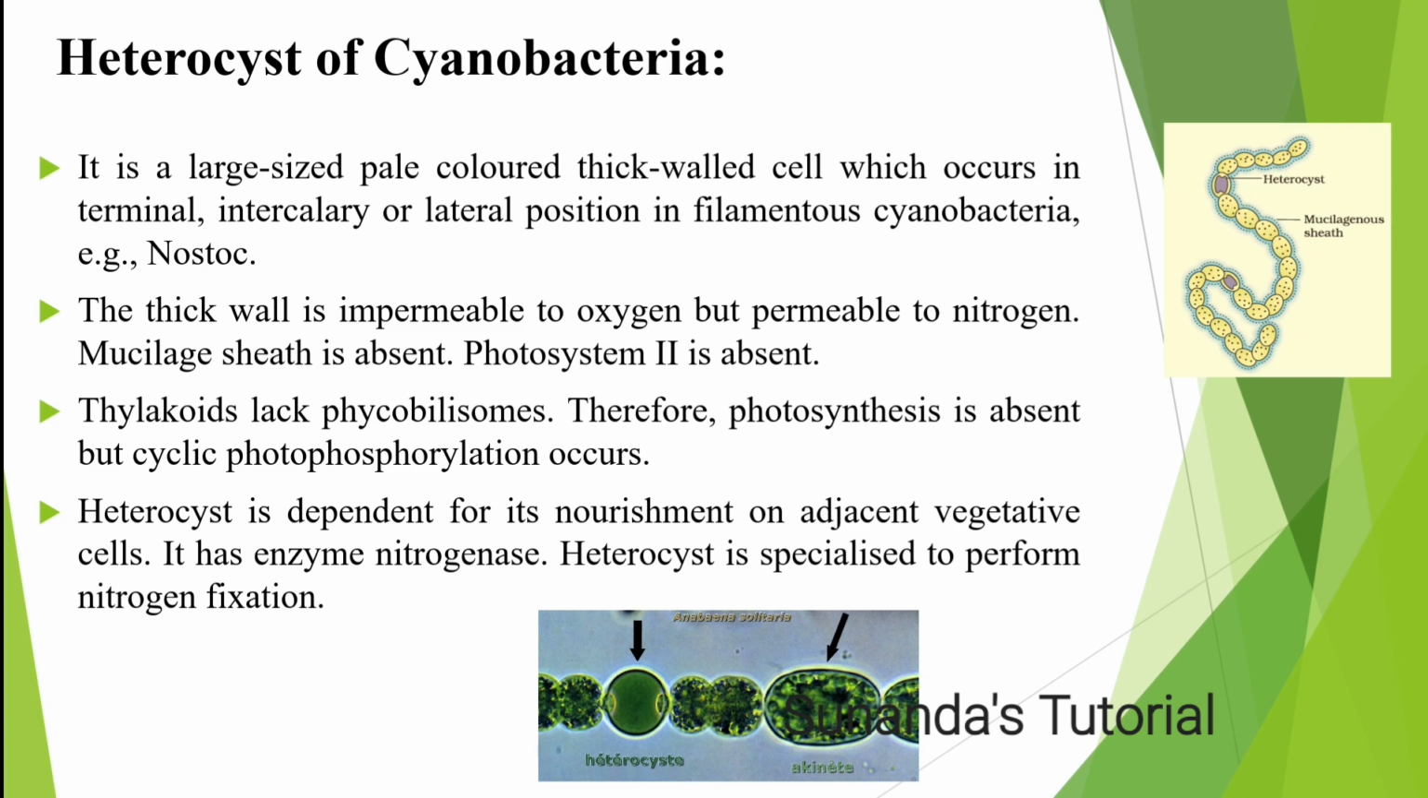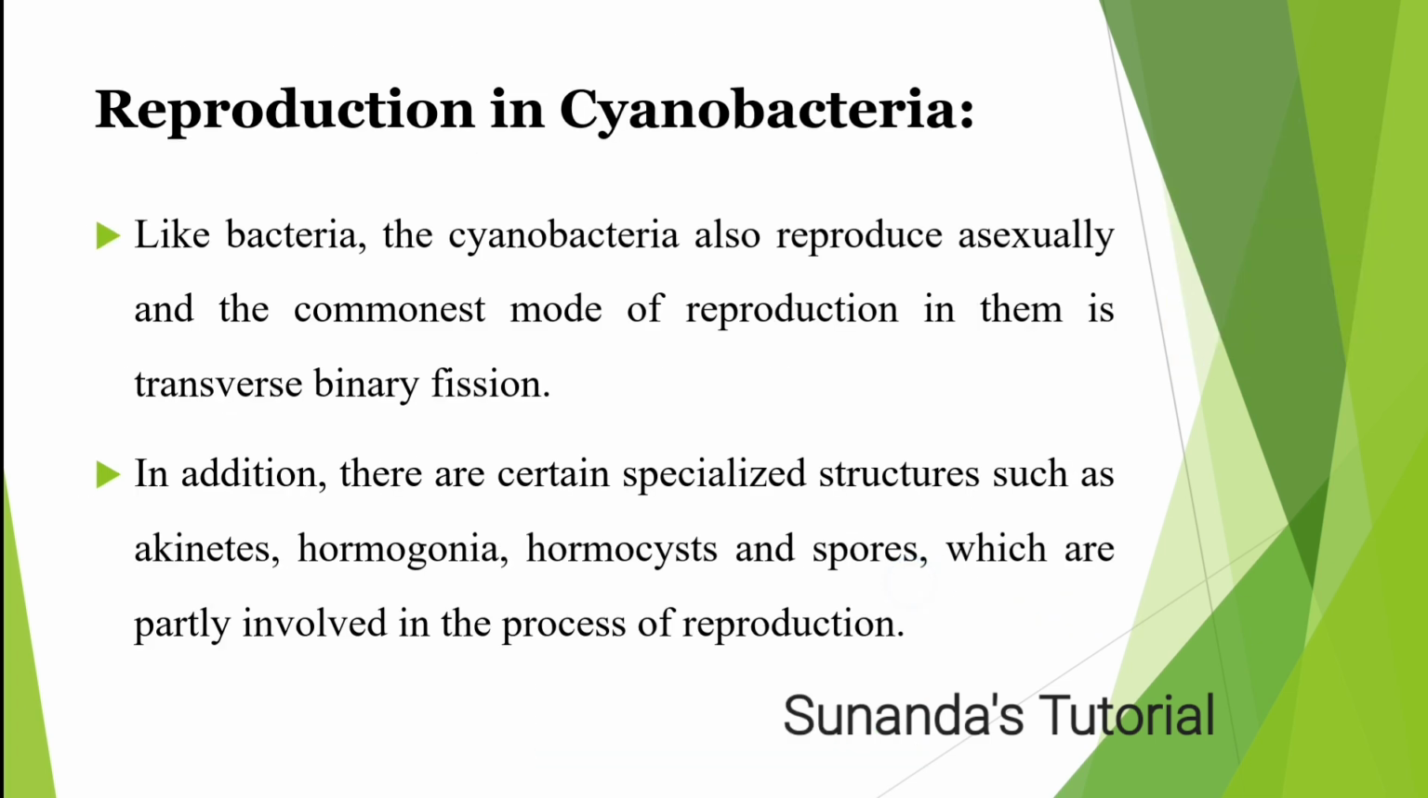But photosystem II is absent. So photosynthesis is absent, only cyclic photophosphorylation occurs, because in cyclic photophosphorylation only photosystem I is involved. Okay. Heterocyst is dependent for its nourishment on the adjacent vegetative cell. It has the enzyme nitrogenase because they help in nitrogen fixation. Heterocyst is specialized to perform nitrogen fixation. Okay. Next,